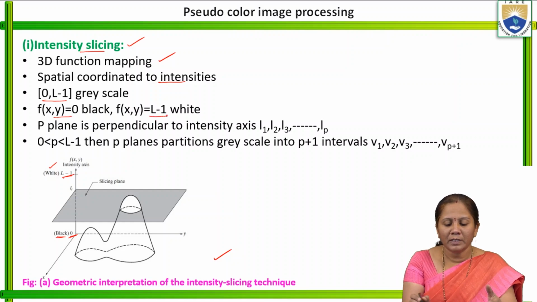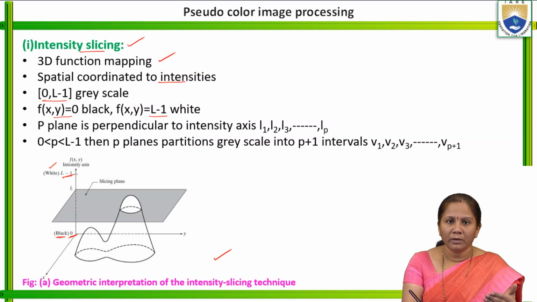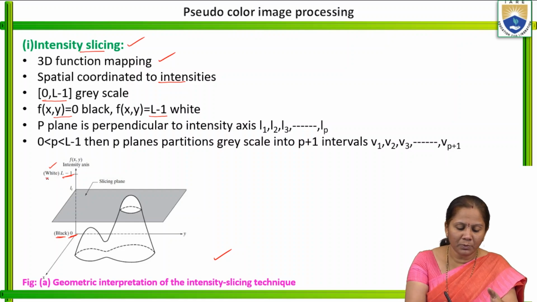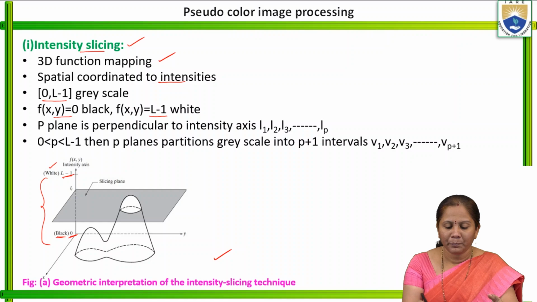If f of x comma y is equal to L minus 1, it represents white. Any value that is present between 0 and L minus 1 represents shades of black and white colors. And P plane is perpendicular to the intensity axis L1, L2,